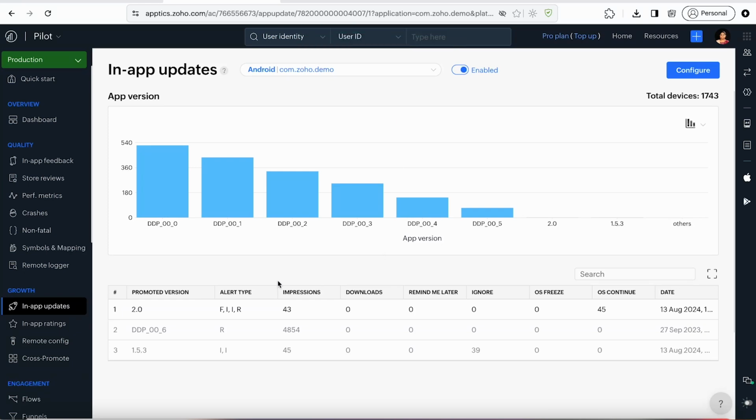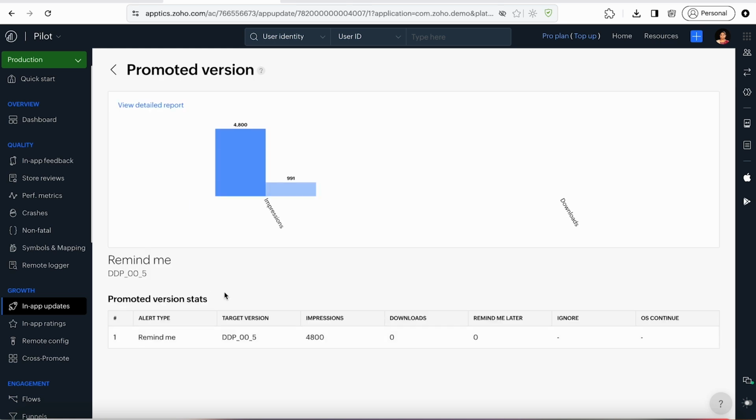So now, as you saw here, once I configured the in-app update alert, you'll be seeing the list of configurations that I have done for the particular application ID. So once the configuration is done for in-app updates, you can see the list of recently configured update alerts over here for the particular application ID. And once you click on this, you will be able to see a detailed report of the number of